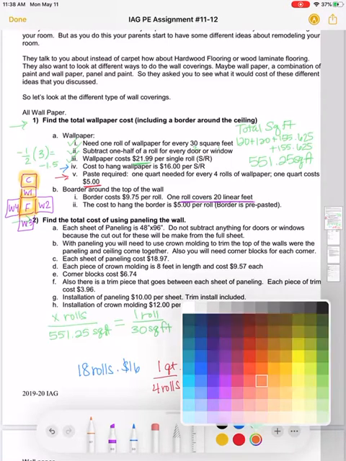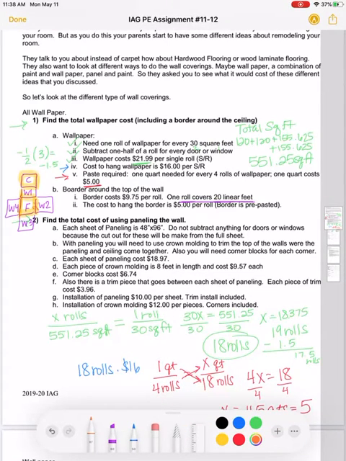So on mine, my longer sides were 20 feet 9 inches, or 20.75 feet. My shorter sides were 16 feet. So literally all you're doing is finding the perimeter of your ceiling or the perimeter of your floor, and you're going to add those 4 lengths together. So 16 plus 16 plus 20.75 plus 20.75. So 16 plus 16, stick it in a calculator. Don't make a silly mistake. I get a perimeter of